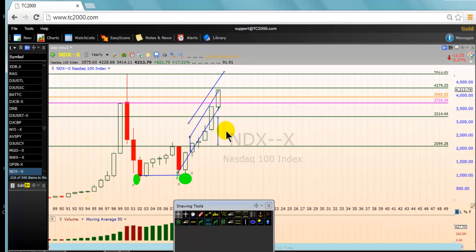So as the price goes above that target, we'll project it again. This is about the horizontal market pattern projection. So the whole secret of the progression of the Nasdaq 100 is here. That's the measuring stick. So as it goes above this level, we project it. Here we are now. The next target is at 4279. The price now is 4213. So if you are trading the Nasdaq 100, there's a resistance right here now at 4279.